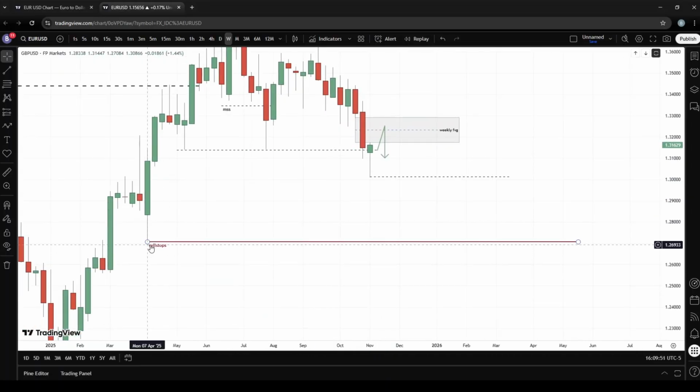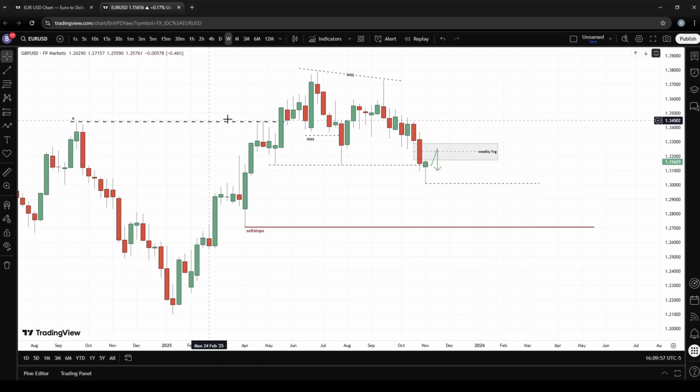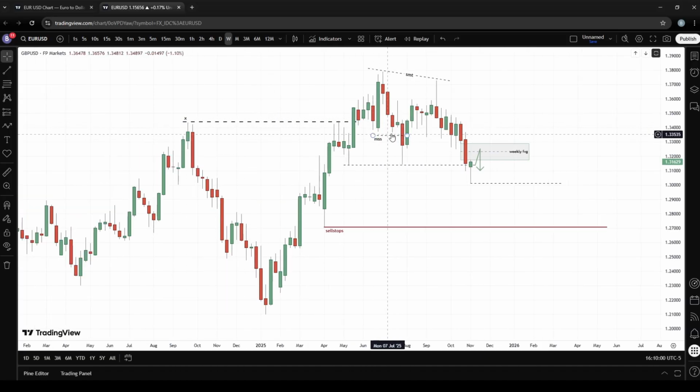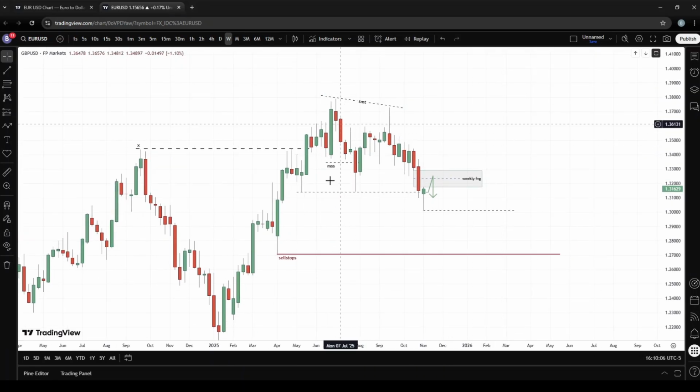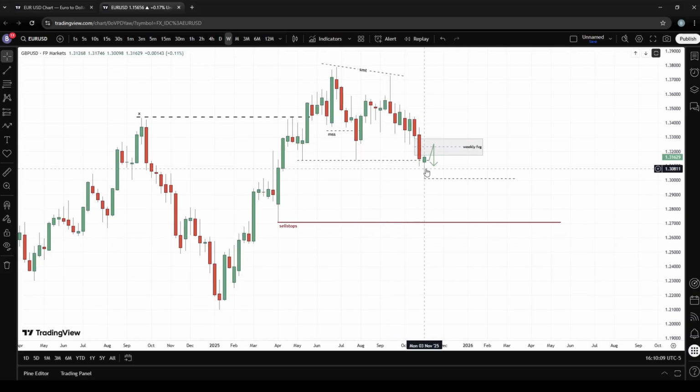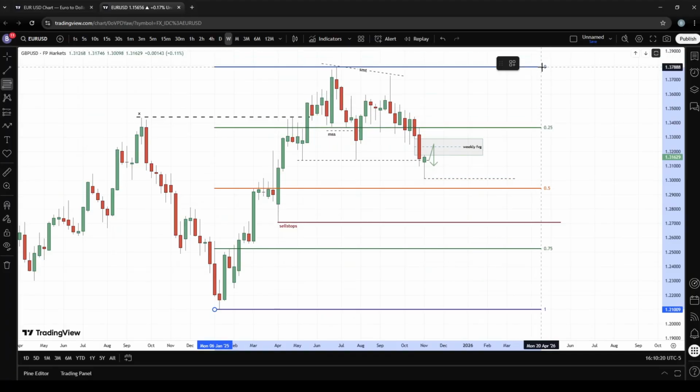The reason why I'm talking about this low is because some liquidity was taken around this place, relatively equal highs, and we had our market structure shift. So what next? Market will try to go back to the area of equilibrium or discount when you check this chart. So for example, if we draw our Fibonacci from this point here, you can see a fair value gap has been formed. Highly likely price will try to draw towards these levels, this 50% level, and what's below the